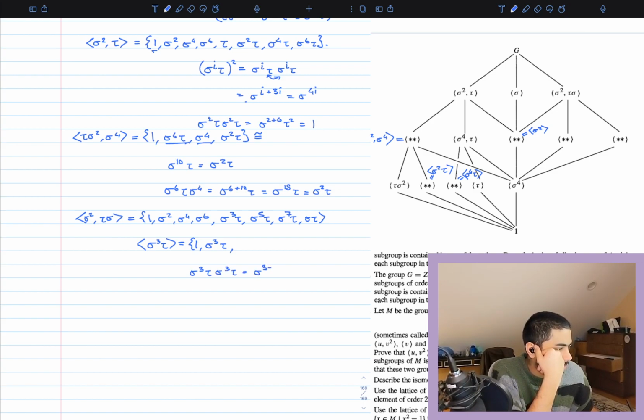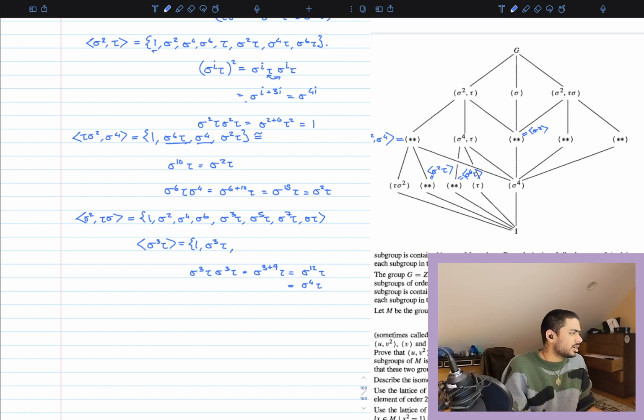Comes out to sigma 3 plus, not 12, plus 9 tau. Which comes out to sigma 12 tau, but 12 is 4 more than 8, so this is sigma to the 4th tau, which is very concerning because